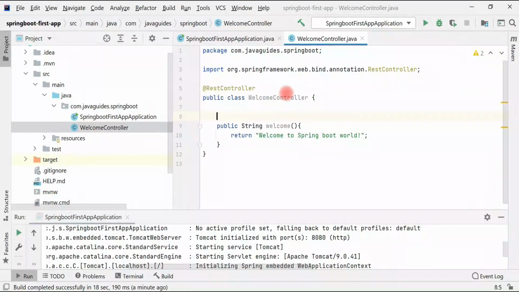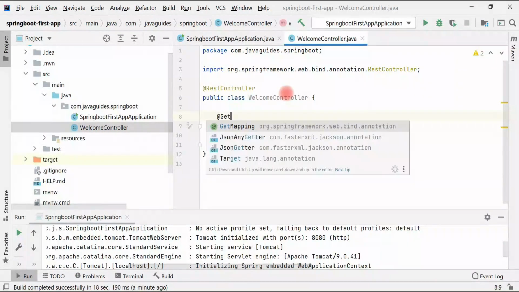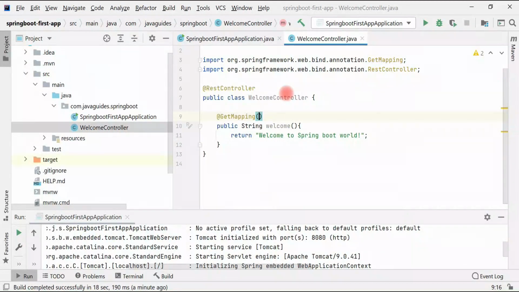And let's annotate this method with @GetMapping annotation, and let's configure the endpoint here. I'm going to give it as welcome. It's a very simple REST API guys, and this REST API basically handles HTTP GET requests with REST endpoint welcome.